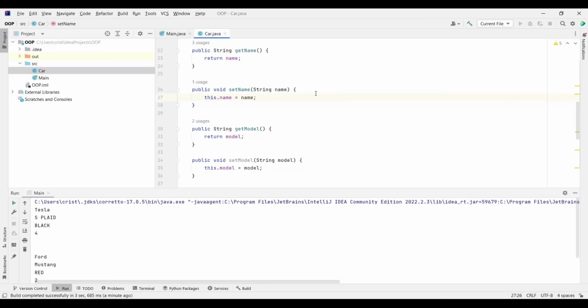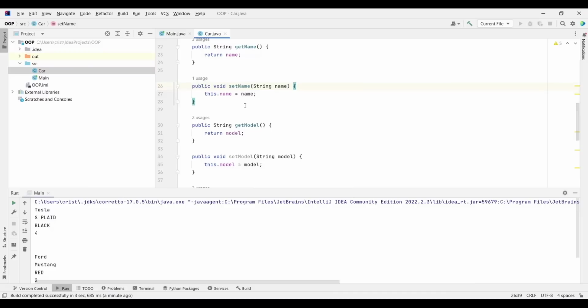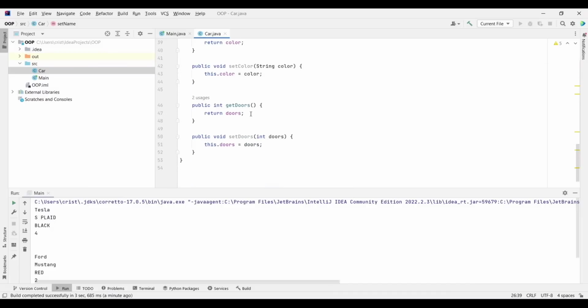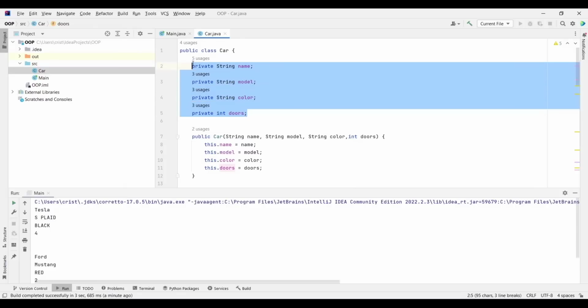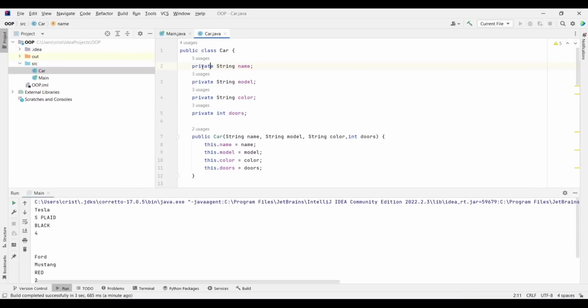And here you can also add some checking, some verification. You can put some code here, for example if the name starts with a specific letter, to not add it, and so on. So as you can see, you don't access the values directly, because you're using the setters to set the values and the getters to get the values. So you never access them directly. But if you make them public, you're gonna be able to access them directly.